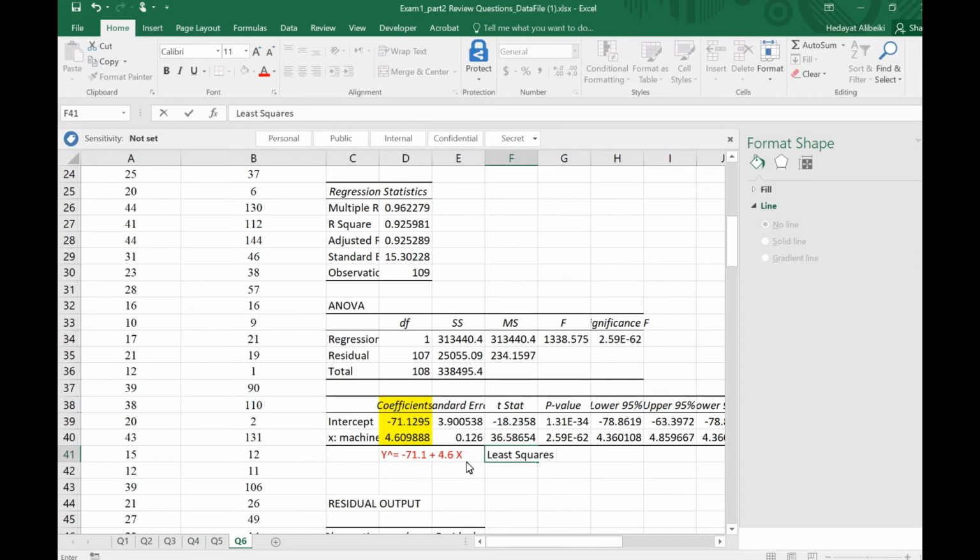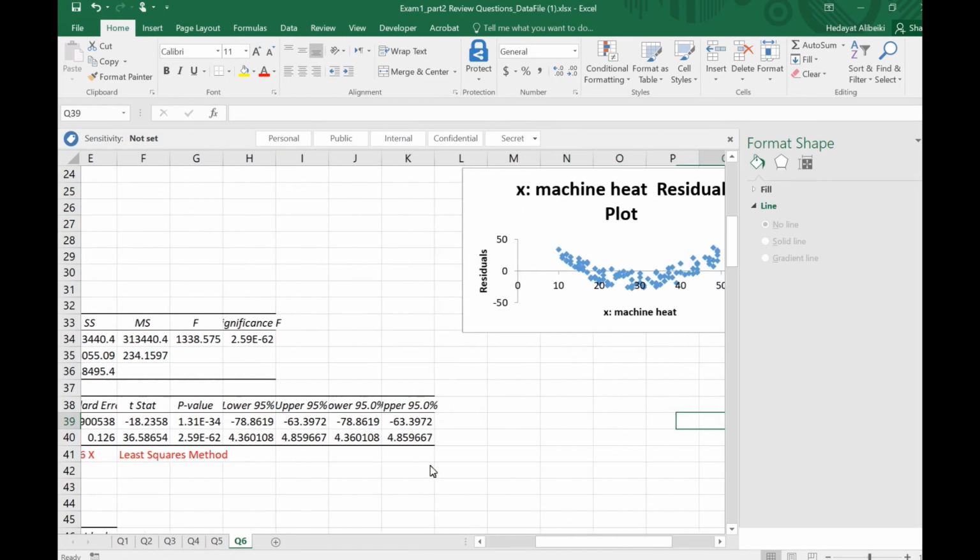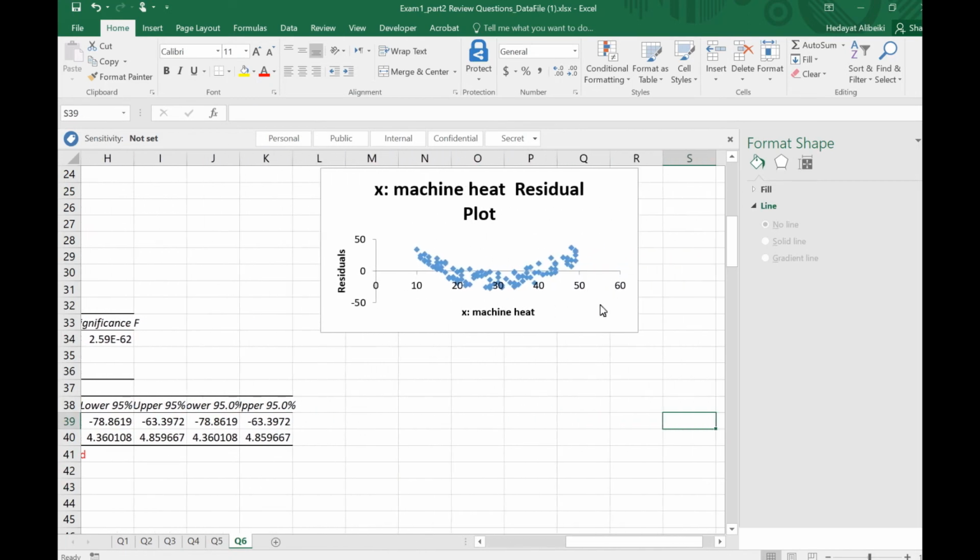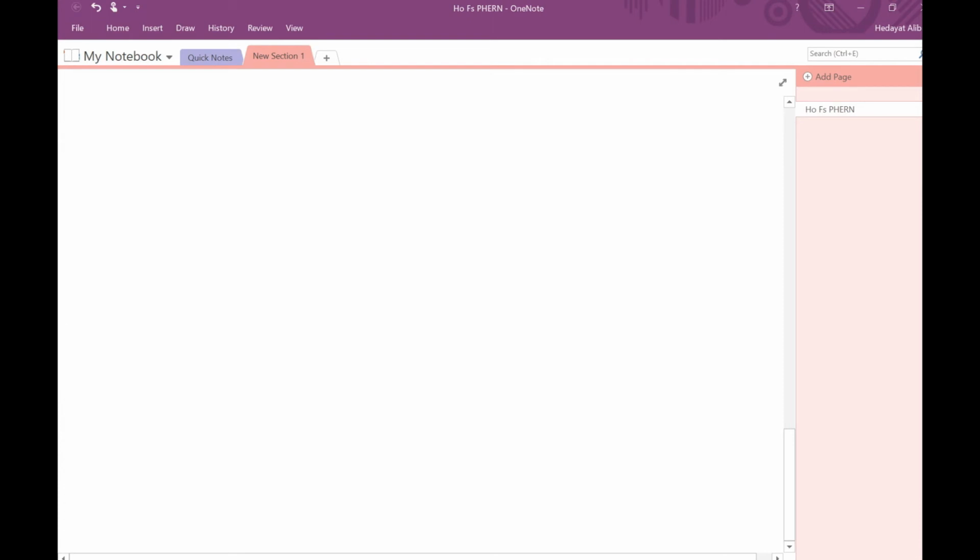Least squares method for finding the linear equation. Now I need to check the necessary conditions. What is the condition that is not satisfied? So let me just go back here. The ideal residual plots that I'm looking for would be